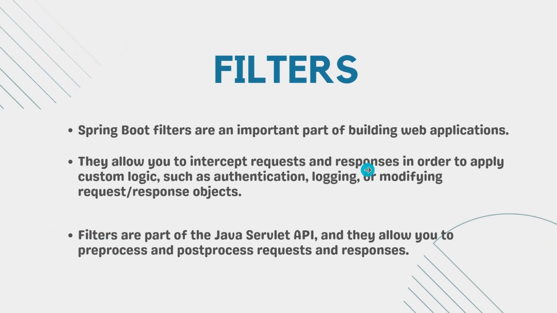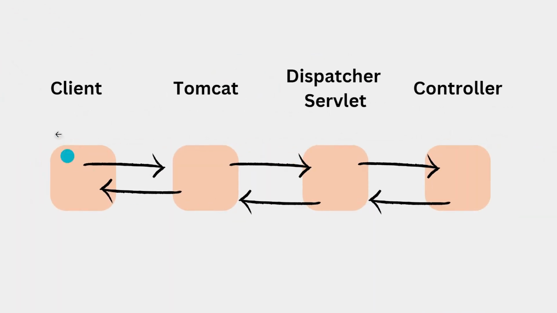response. If you see this diagram, here is the client and here is the controller of our Spring Boot application. First the request comes to the Tomcat server, Tomcat hands over to the dispatcher servlet, and the dispatcher servlet hands over to the controller. Then our API will start executing from the controller class. In the same way, the response returns back to the client from the dispatcher servlet to Tomcat, Tomcat to